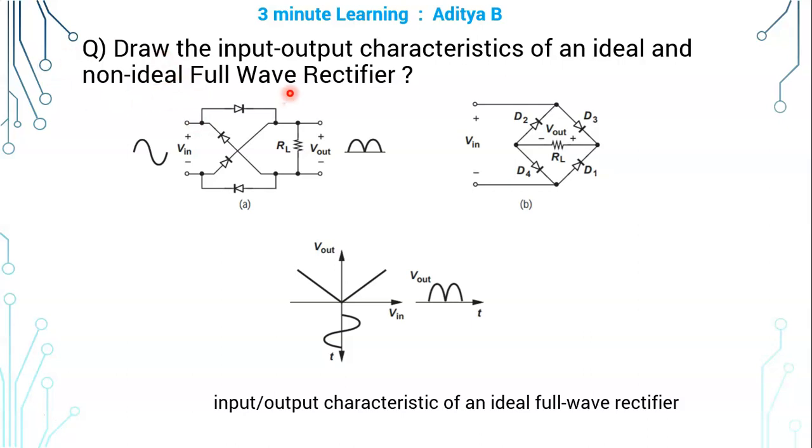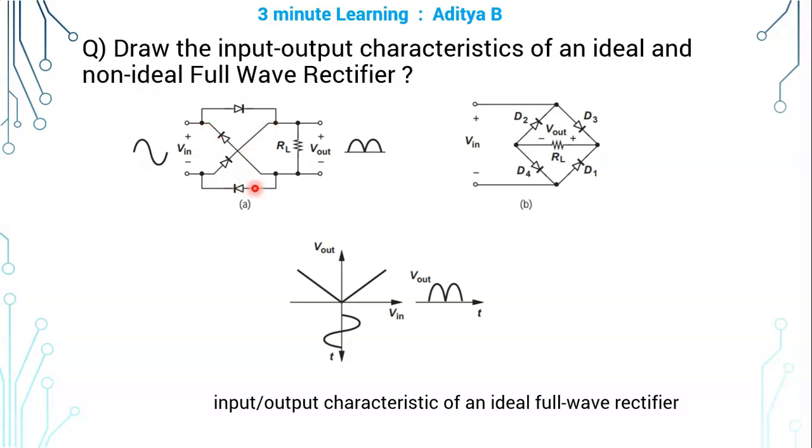For non-ideal full wave rectifier, the diodes used in the full wave rectifier are non-ideal. That is, whenever the difference between anode and cathode voltages of a diode is greater than one diode drop, then only the diode will be on, else it will be off. Whenever the diode is on, replace by a voltage source of value 1 diode drop, VD on. In reverse bias, or whenever the diode is off, replace by an open circuit.